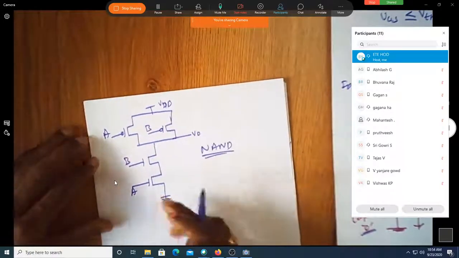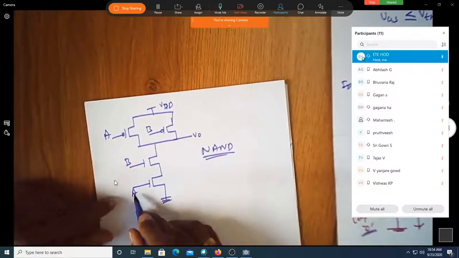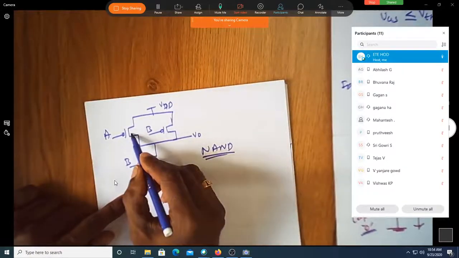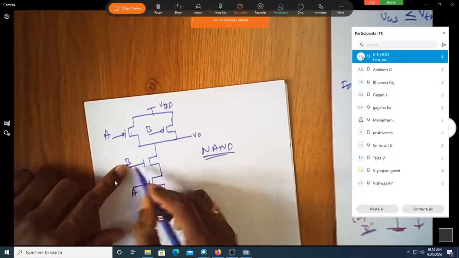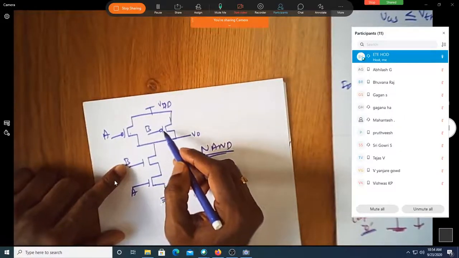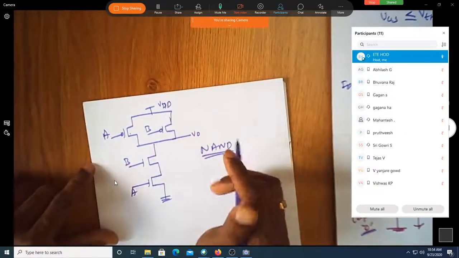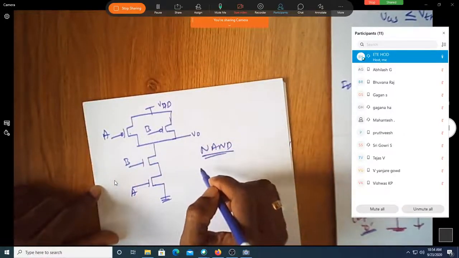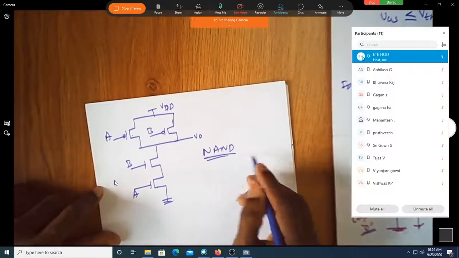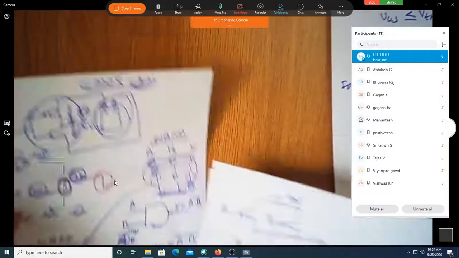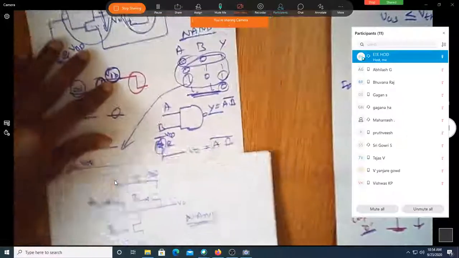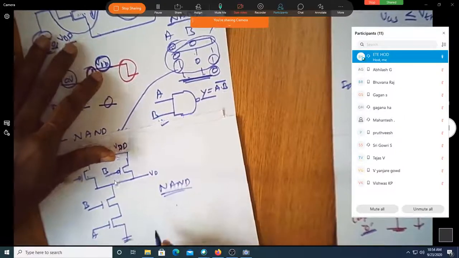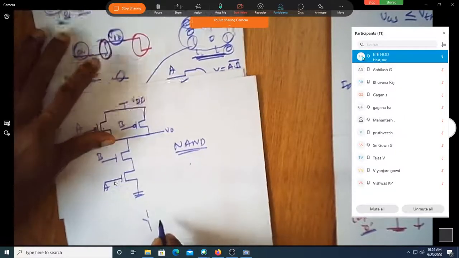You replace all four MOSFETs by switches. When the input is 0, this is open and this is closed. When this is 1, this is closed and this is open. So give me the switch condition under all four combinations of A and B, and show me that the output follows this particular truth table. I want you to write how these switches look. I want something like this.